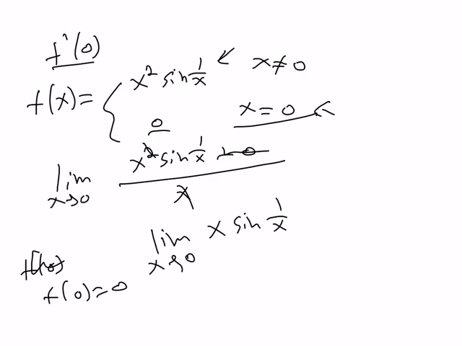And now this limit does exist, and we can use the squeeze theorem to show that it exists. Again, what does the squeeze theorem say? Let's just write it out. It says that if we have h of x is less than or equal to f of x is less than or equal to g of x,